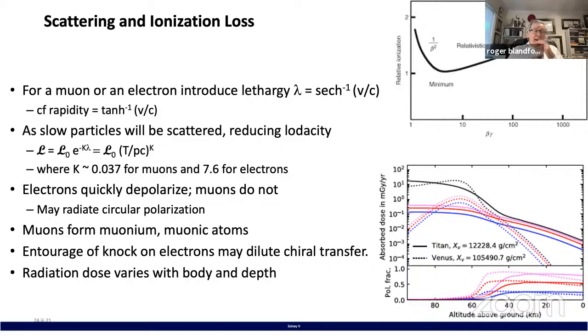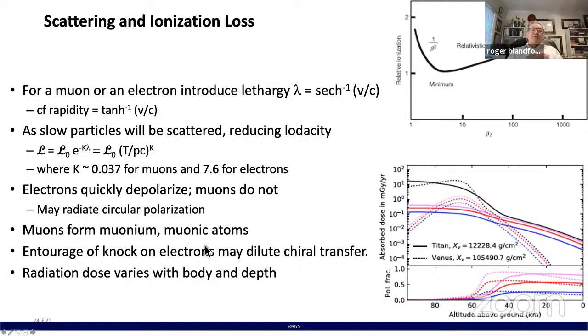expressed. And one of the things that we've been looking at more recently is how this actually works out in a bit more detail in very different environments, or founts, if you like, in the solar system. And here's just one out of several examples. We could go to Titan or Venus, and these have much denser atmospheres than Earth, so essentially the cosmic rays don't get to the ground. But we can explore, given a cosmic ray spectrum, how the muons and the electrons will develop, and the electrons become very rapidly depolarized.